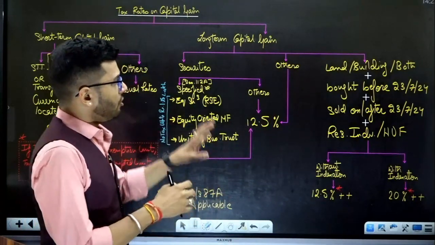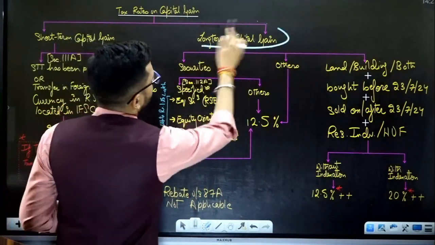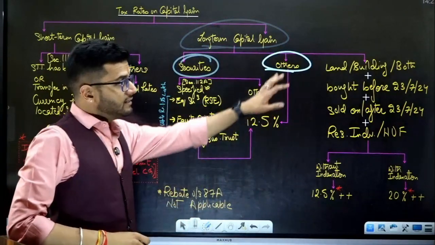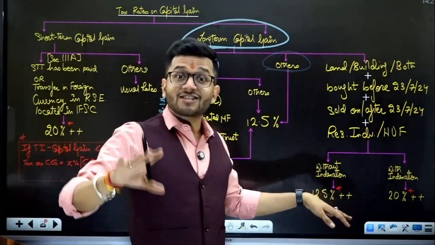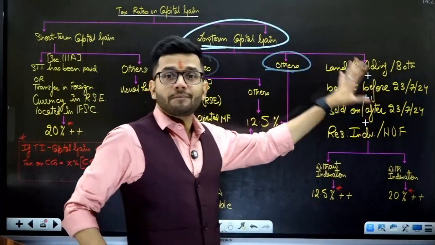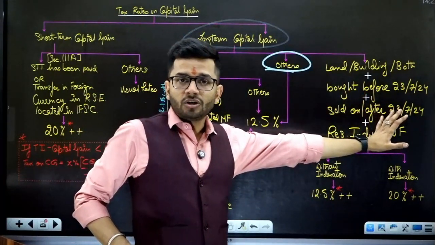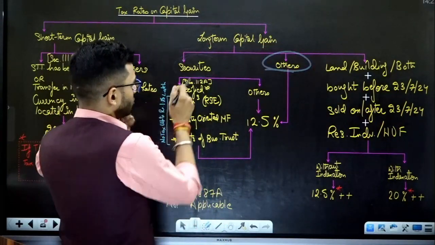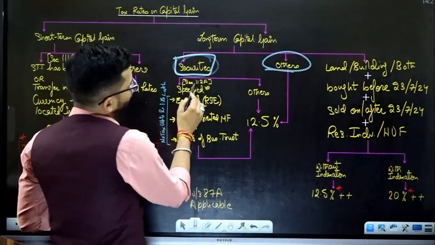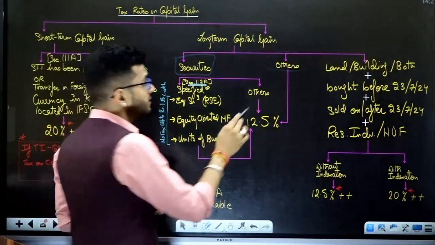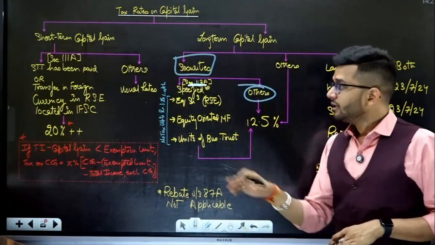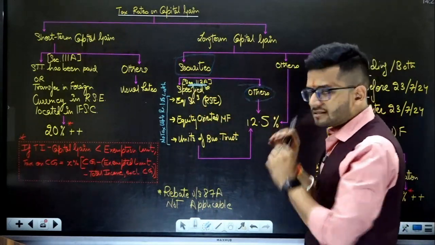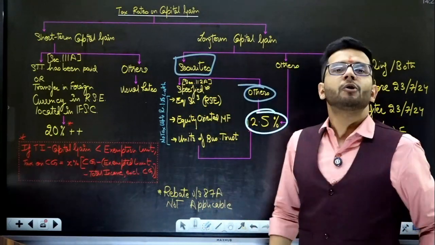Alright, if we talk about long-term capital gains, we'll divide our discussion into securities and other assets, and that one asset in which indexation is still prevalent. It's an exception. It's a carve out. Okay, so if we talk about the usual securities, securities can be bifurcated into 2 parts: section 112A special securities, and other securities. In both the cases, be it special security, which is 112A, or other securities, the tax rate is constant, 12.5%.